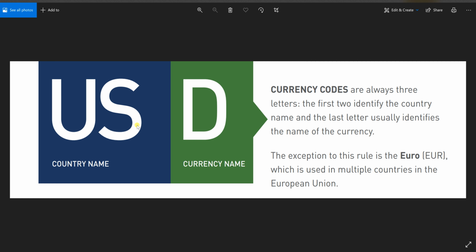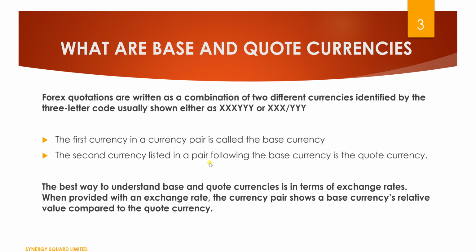We also have the Australian dollar. We have GBP, which is Great Britain pounds, and several others. But there is an exception to this rule, which is just the euro, written as EUR, which is used in multiple countries in the European Union. And so it just stands as euro, EUR. So coming back to where we were,